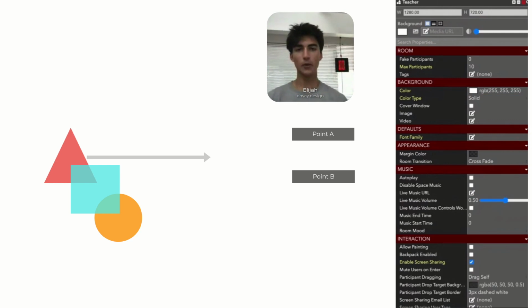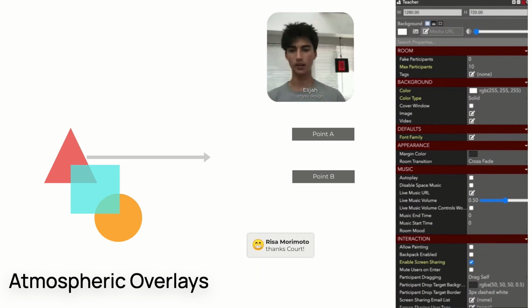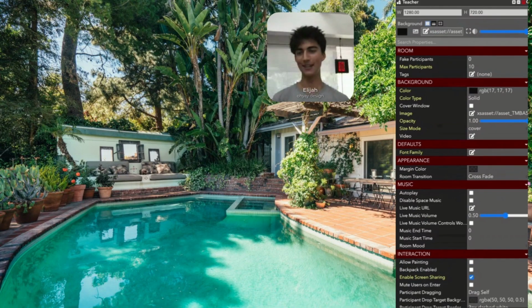So the next thing that we wanted to talk about is these atmospheric overlays. So for atmospheric overlays, we're going to change our scene here. And if you want to follow along and you're familiar with the tool, you can go ahead and do this as well by changing the background image right up here. If you select background and click that image, you'll have a panel that opens up that allows you to choose different background images. But what we're going to do is we're going to place an image on top of this